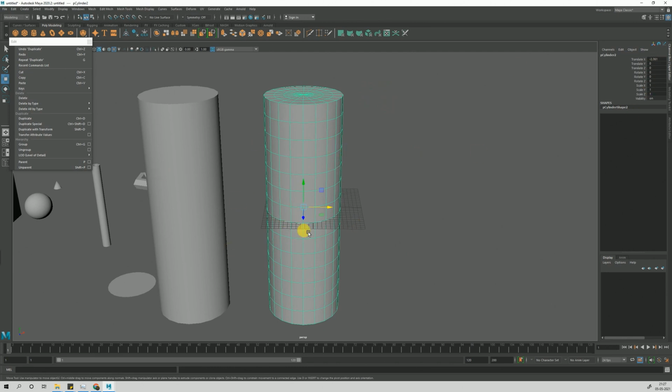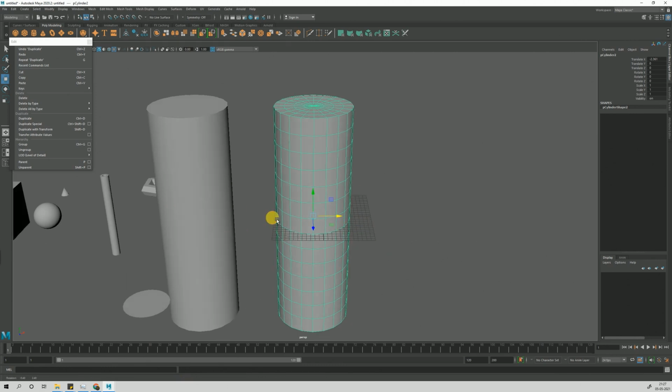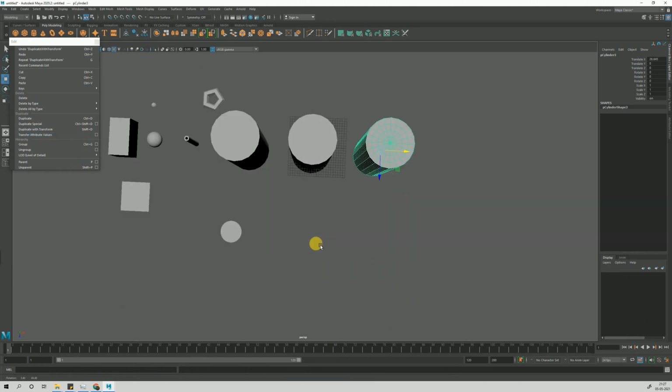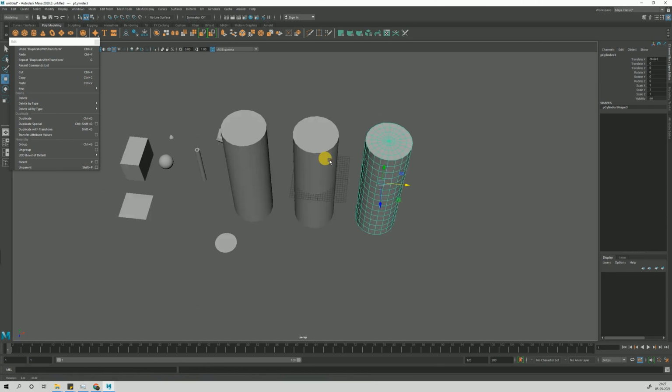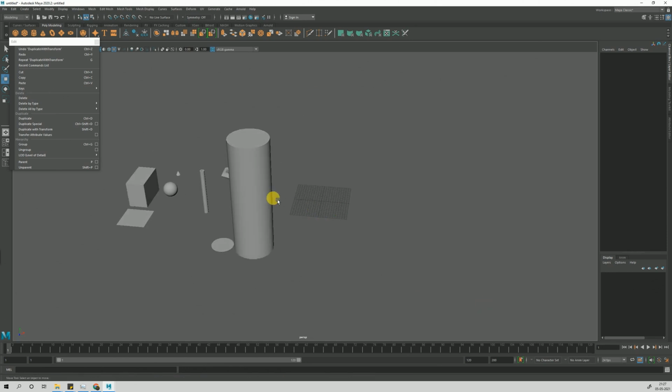See, now if we press Shift D, duplicate with transform, it repeats the duplicate with the motion I moved, with the transform changes I did. If I press Shift D, let's click here. Now this is doing the exact transform. Let's do that again.